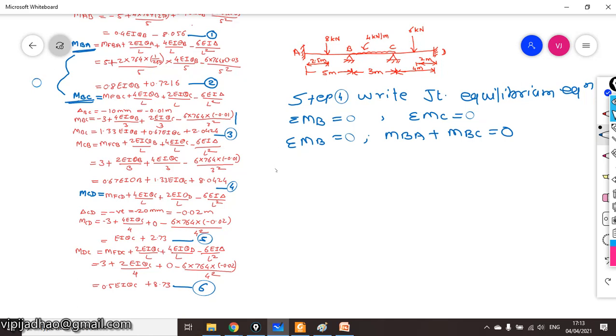Therefore we have 0.8 EI theta B here, equation number 2, plus 0.7216, and MBC you can see here, equation number 3, that is plus 1.33 EI theta B plus 0.67 EI theta C